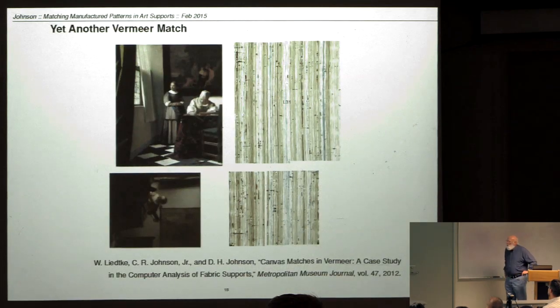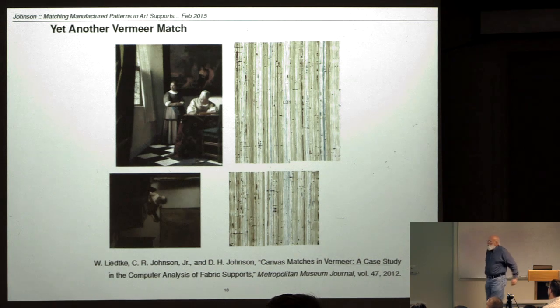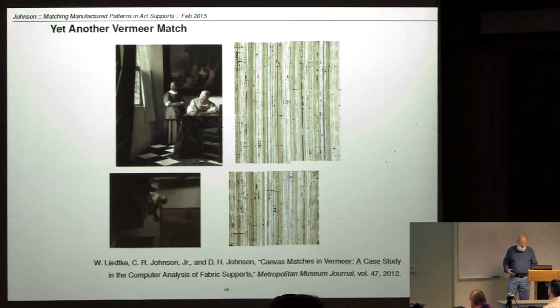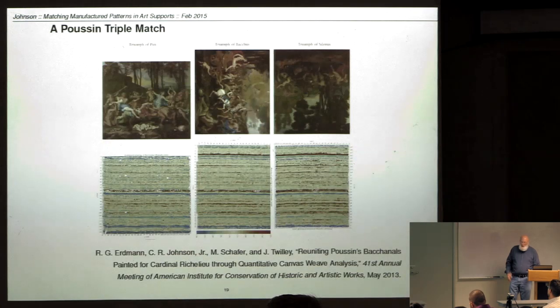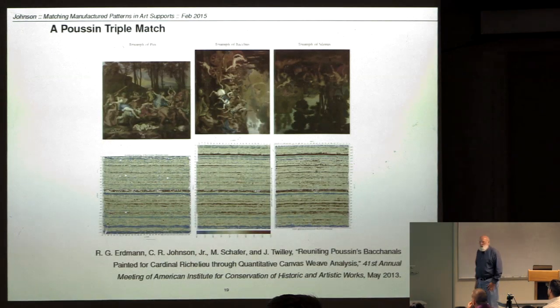This one's even more interesting, because these two were painted 6 to 8 years apart. Everybody agrees. Well, what's he doing with his canvas? Oh, I like this canvas. I think I'll save the other part of it for 6 years. The problem is we don't have any data about his studio practice. So you can see where these things can tell you something about dating, attribution, artist intent, and so on and so forth. Here's one that I really like, and then I have to get on to the other two